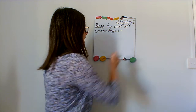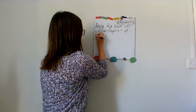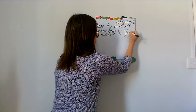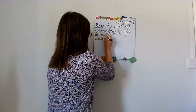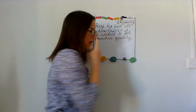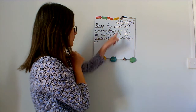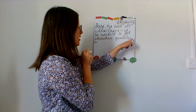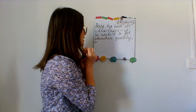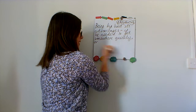So being big had its advantages if, nice subordinating conjunction there to start me off, if he needed to get somewhere quickly, or actually I've used a dash there, haven't I? So it looks a bit funny using a comma there. Being big had its advantages. If you needed to get somewhere quickly, oh no, actually this is still the same sentence, the same part of